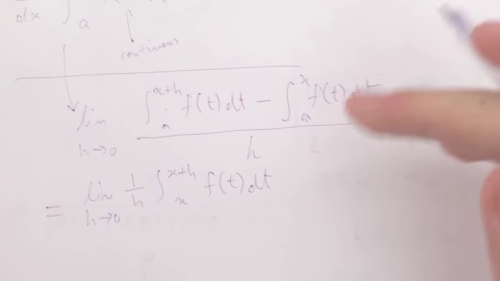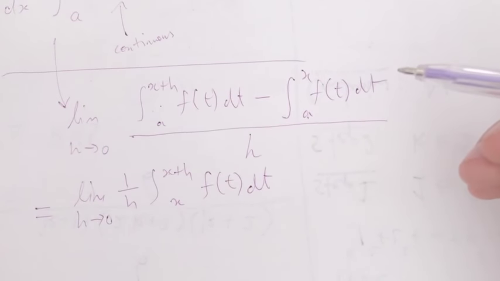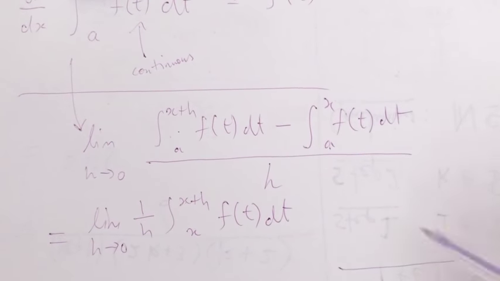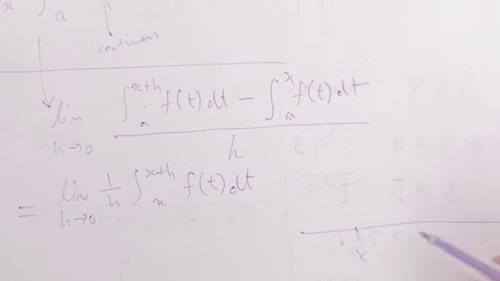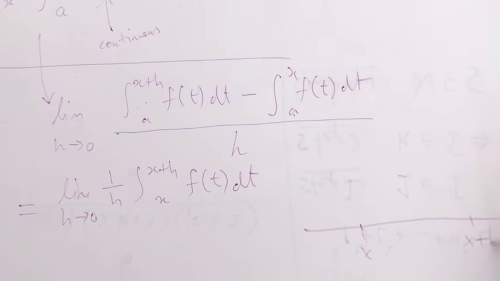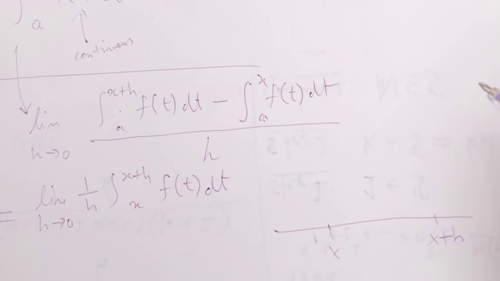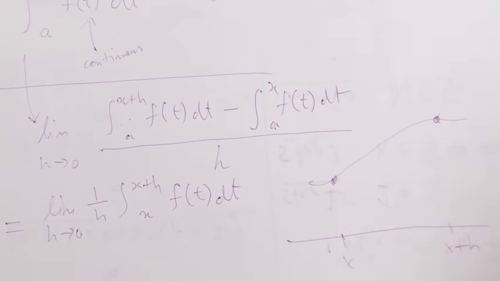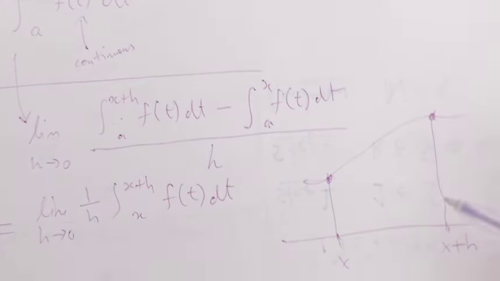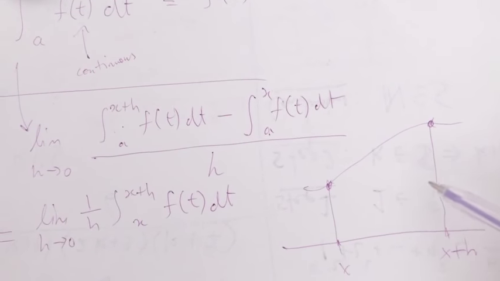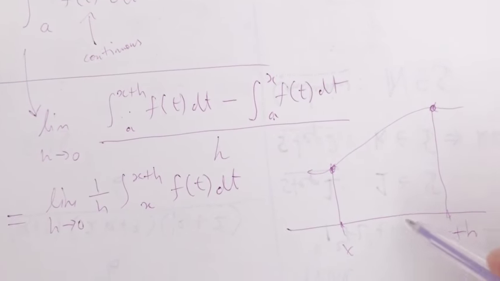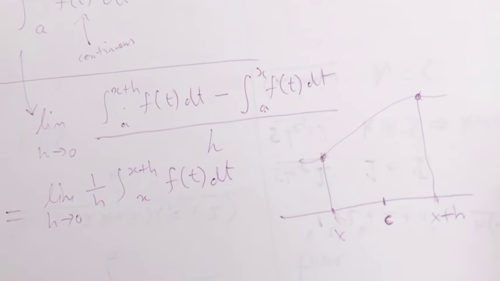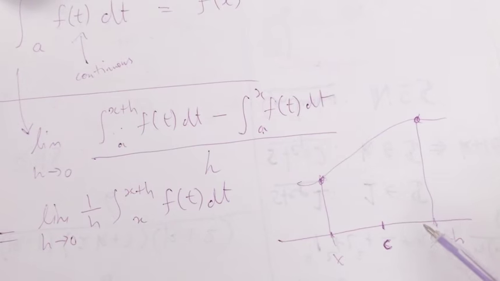Okay, and then there's a little bit of an explanation required for the next step. So if you look at the integral that we have, it looks something like this. It goes from x to x plus h. And it's this area. And what I want to say is that there's a point c in between here, such that